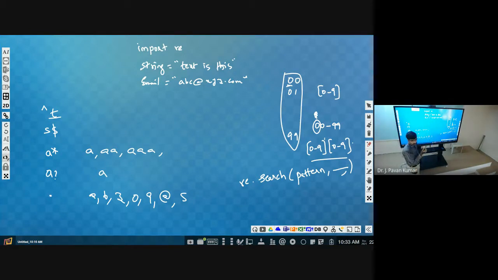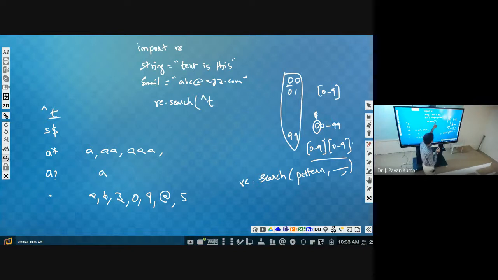How can we define it? re.search, then the pattern: capital T, then A to Z we can have anything.